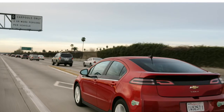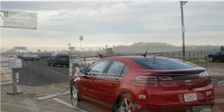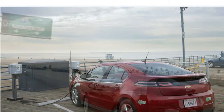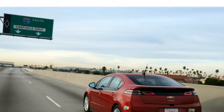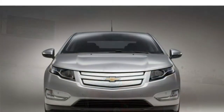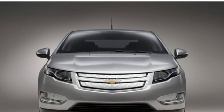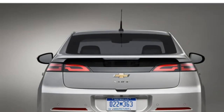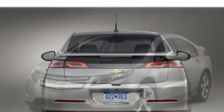Powering the 2015 Volt are two electric motors and a four-cylinder engine that acts as a generator when the battery is drained. Test drivers praised the Volt's electric motors, noting that they offer quick acceleration both from a stop and on the highway. They appreciate how quietly the Volt runs in EV mode and how smoothly it transitions between gas